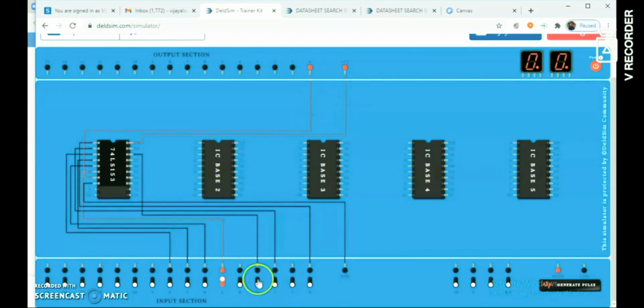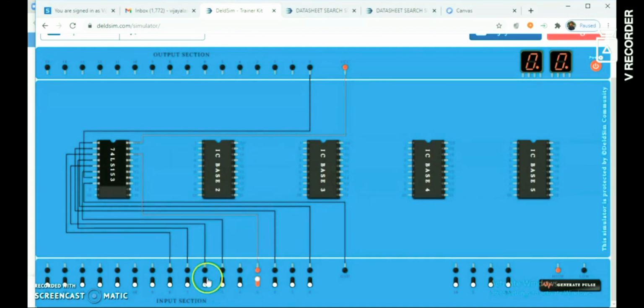Okay, see. After that we'll make the connection for 1 0. So this is my 1 0. I'll make the connection here.